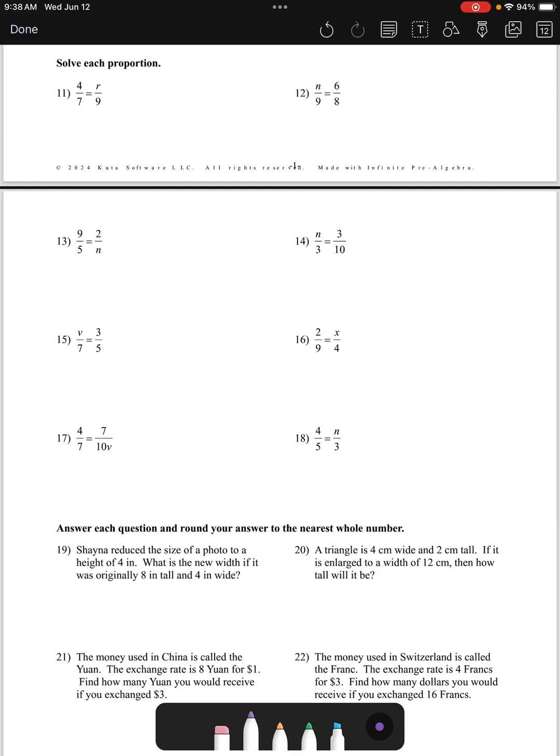Today we are going to solve proportions, and you have done this in the past. So this is not new. So how do we solve a proportion? We use what we call the cross products. So the cross products are the cross